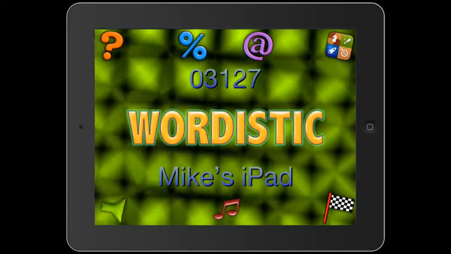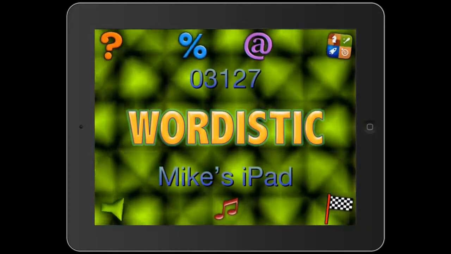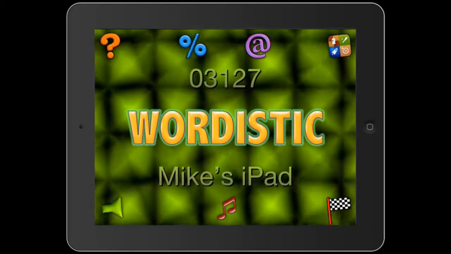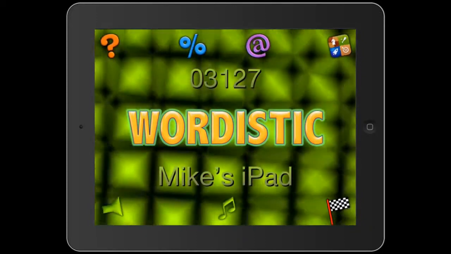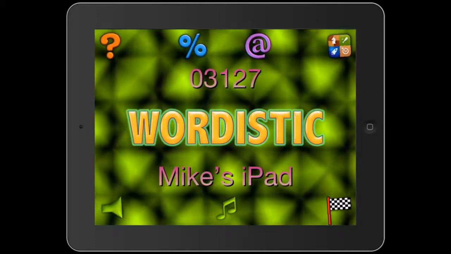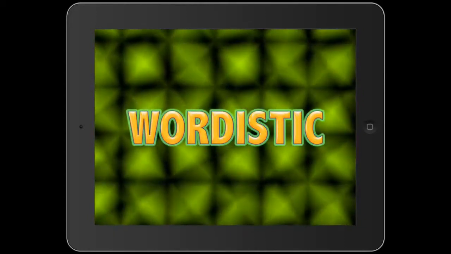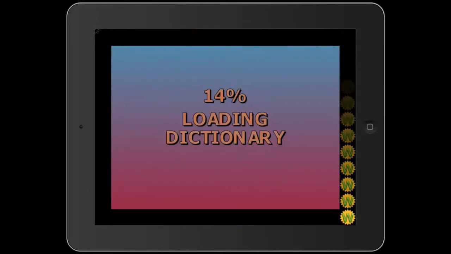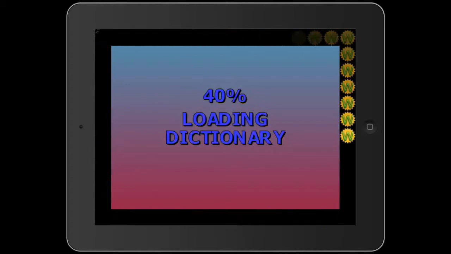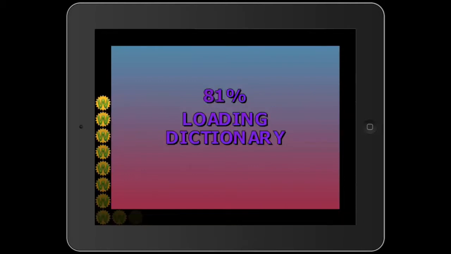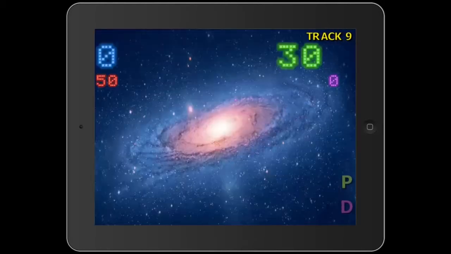Now, the music is actually an original soundtrack featuring Atlas, where while you're in the game, you can actually change between different tracks. So let's go ahead and start a game up. Now we're going to have to run through this kind of quick because, like I said, we are on a race against time. As the letters fall, we create